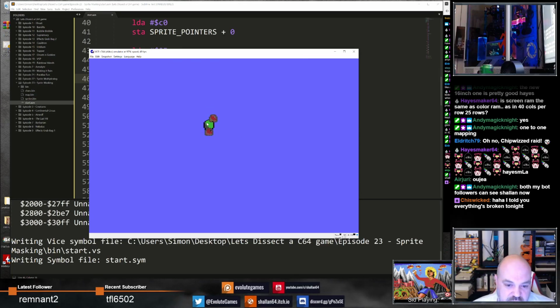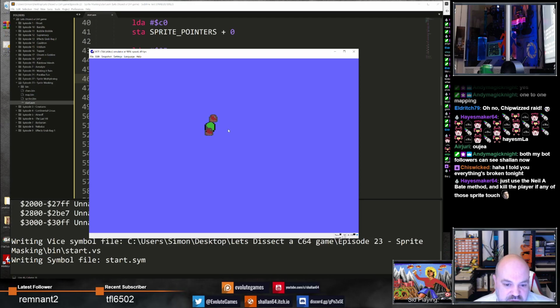So much in the same way we've used rasters before to change the background colour, change the character set for HUD displays at the bottom, you can do the same with the sprite priority as well. So if we were to change the sprite priority from in front to behind here, we would see this go in front of this one, but behind this one. The problem is though, when it does go behind, we can still see through, and that's because actually sprite priority only works